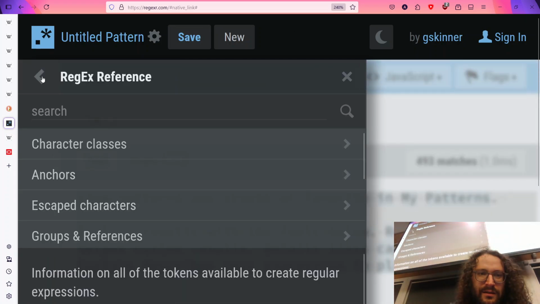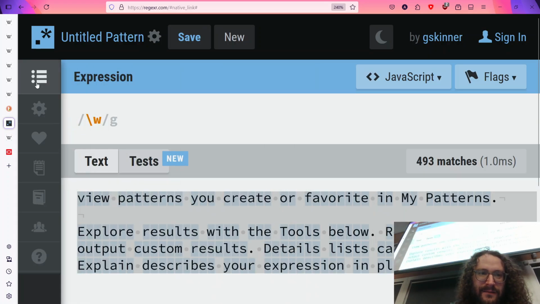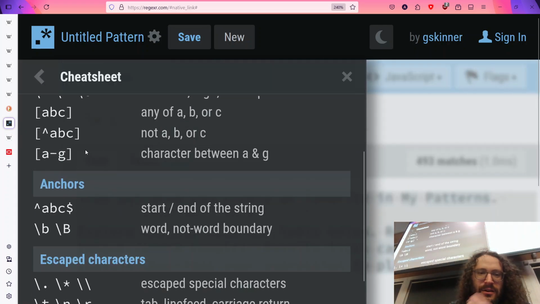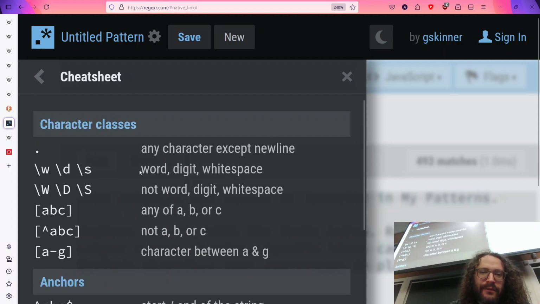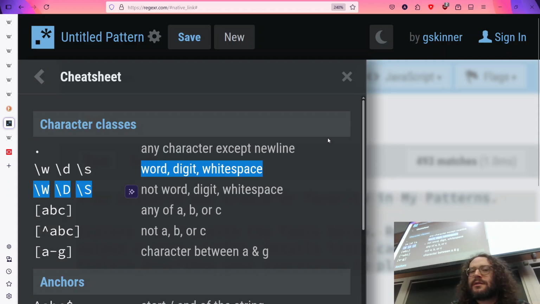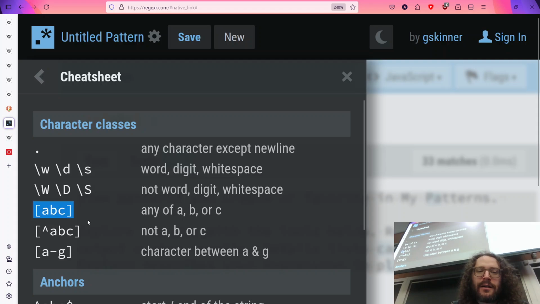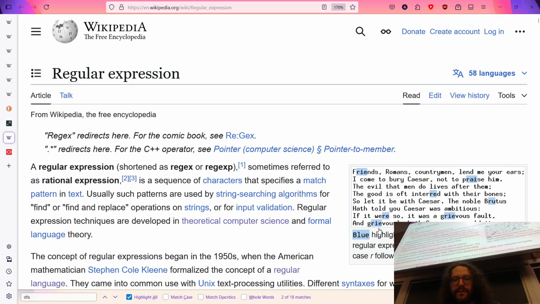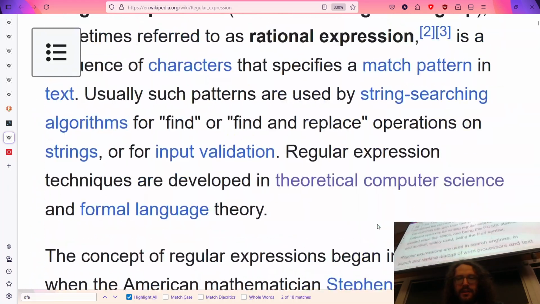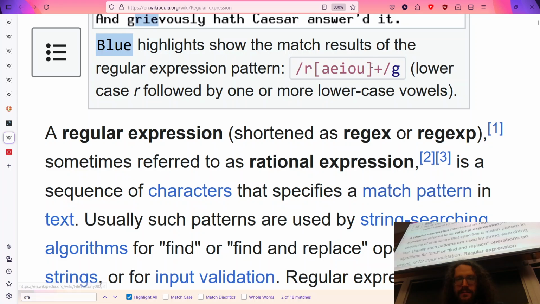It's got a reference built in. Here's the cheat sheet: character classes. So you see that basically we have any character, we've learned these, but sometimes these are not going to be sufficient for what we're trying to do. So instead what we have are the brackets, which was what we saw first on the Wikipedia page for regular expression. When we saw the regular expressions over here, we saw this bracket over here.